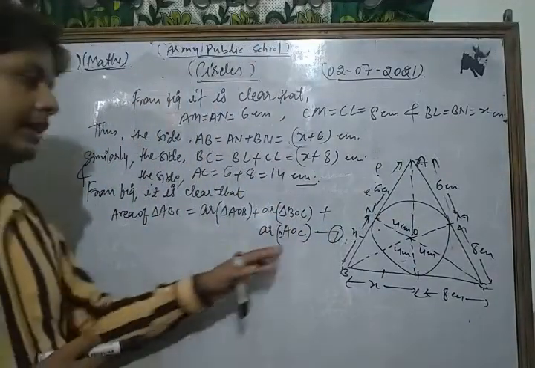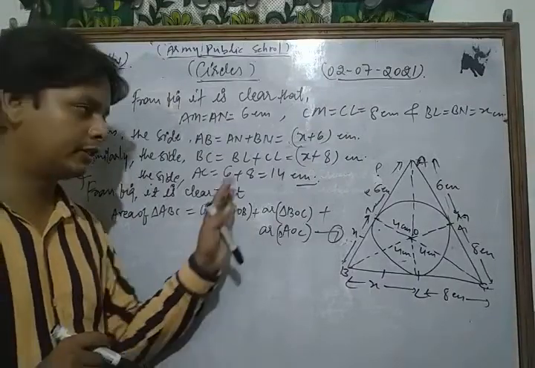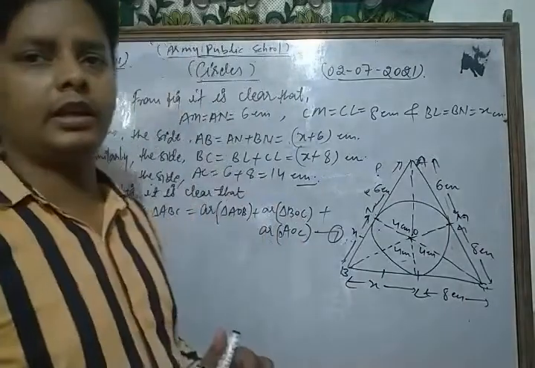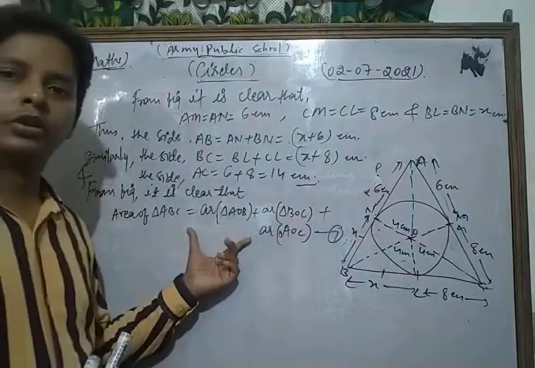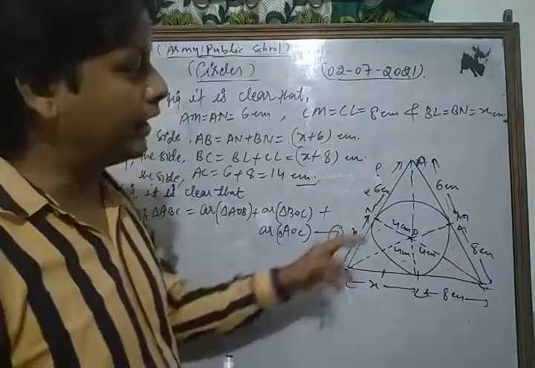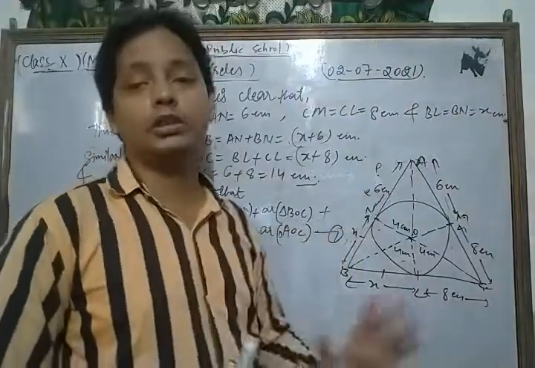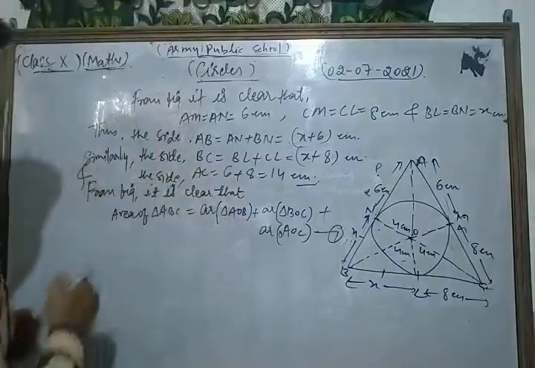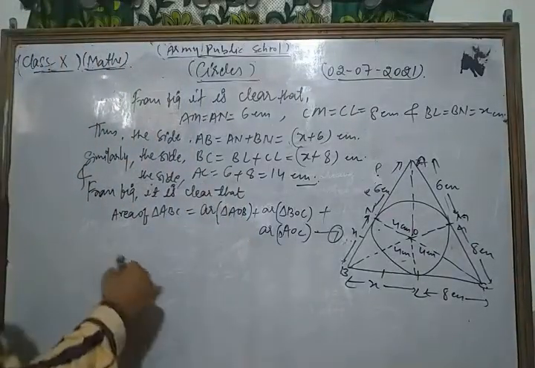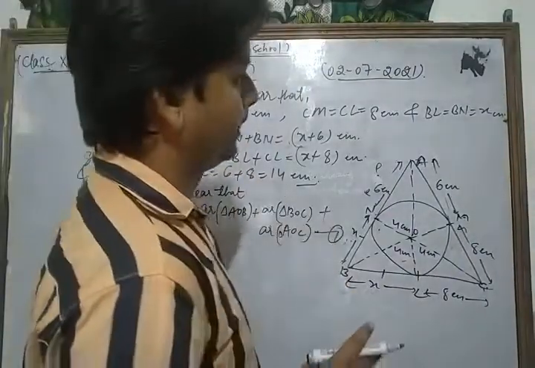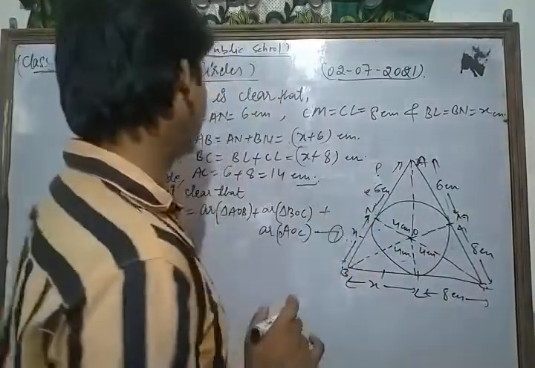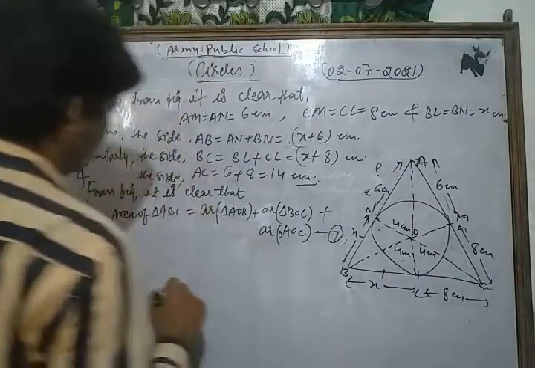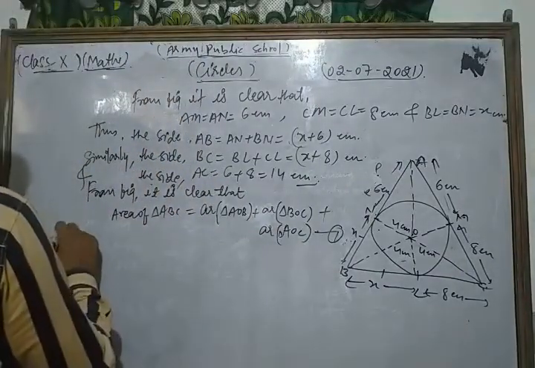So we find all the areas of the respective triangles, and after that we put each and every value in that equation. So for that, first of all we find the area of triangle ABC. Dear student, this is a very important question of your NCERT exercise. So for that we apply Heron's formula, because we know all of its sides AB, BC and AC. So first of all we find the semi-perimeter.